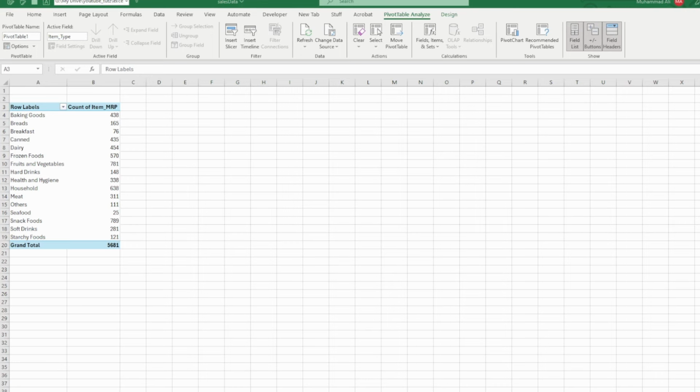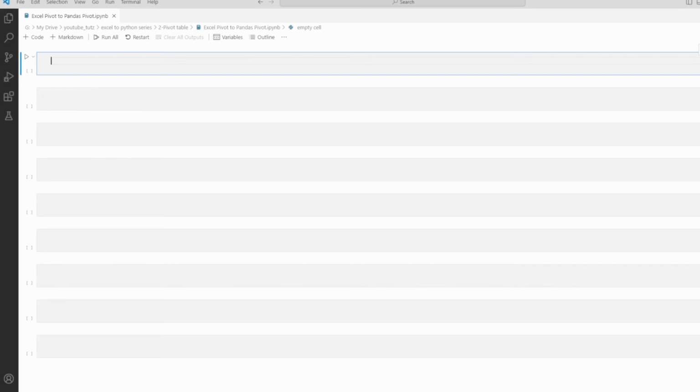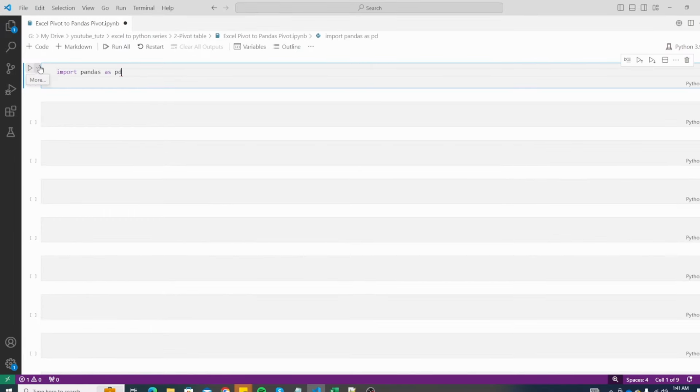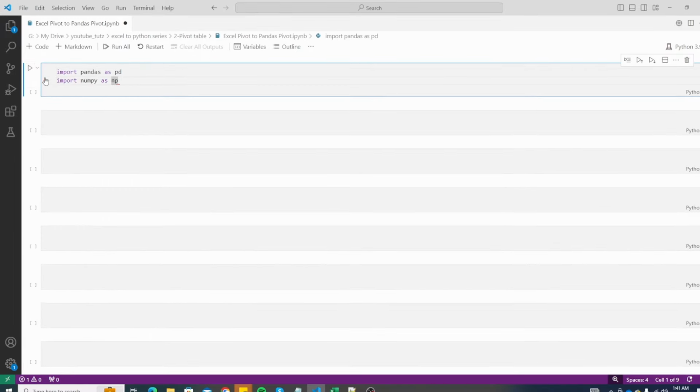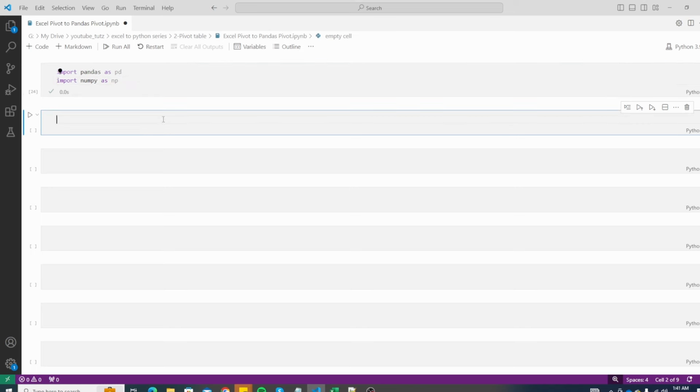Let's jump to our favorite code editor, VS Code. Let me open it up and create Jupyter Notebook inside of it, which is best for learning tasks. Import pandas and NumPy library. NumPy we might need to use for numerical calculations later on. Let's run the cell. Next, we load our sales data into a pandas data frame.